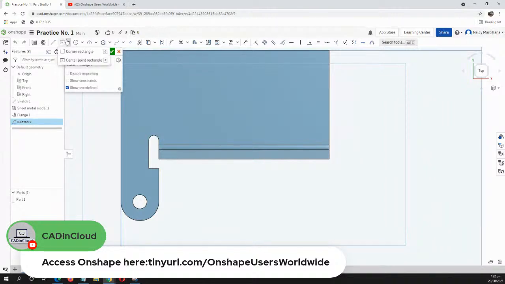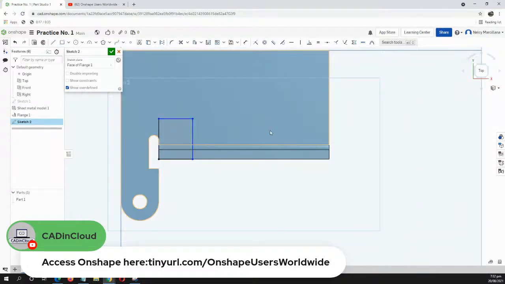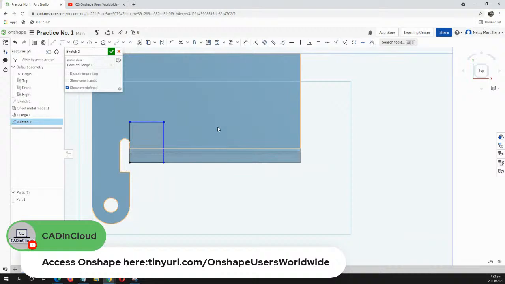I'm going to grab our corner rectangle, or you can press G on your keyboard. Placing a rectangle here, left click, and double left click. Hit escape, press G once more, creating a rectangle here, left click, and double left click. Let's hit escape, press D for dimension,